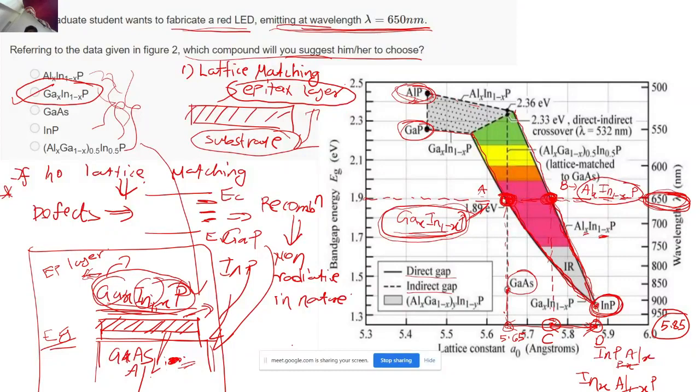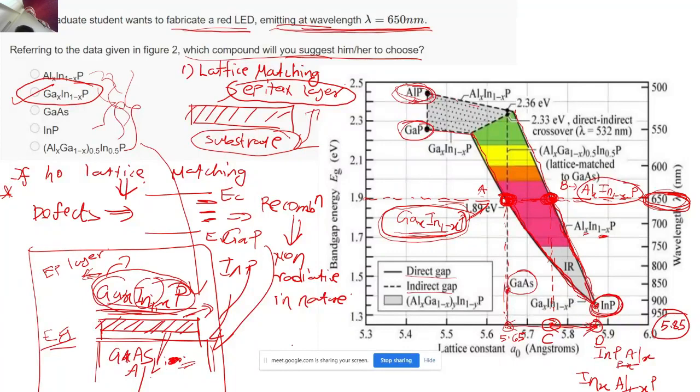See, the basic understanding of solving any type of question where this diagram is given is to first of all find out the points. You first draw a horizontal line at whatever wavelength you want to get, and mark all the intersection points that are present over here. And now you just project those points on the x-axis.